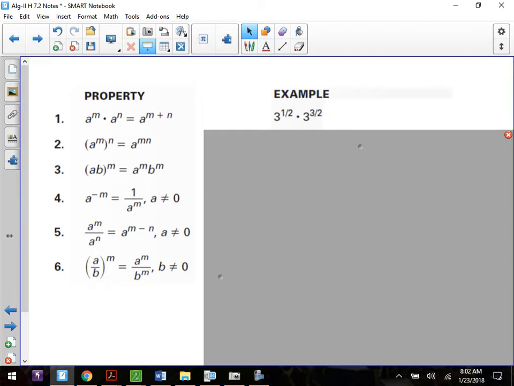So if I have 3 to the half times 3 to the 3 halves, do they have the same base? They do. So what do I do to the exponents? I add them. What's 1 half plus 3 halves? 4 halves, which is